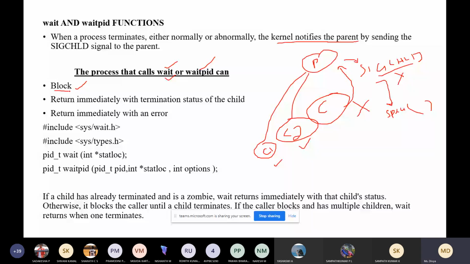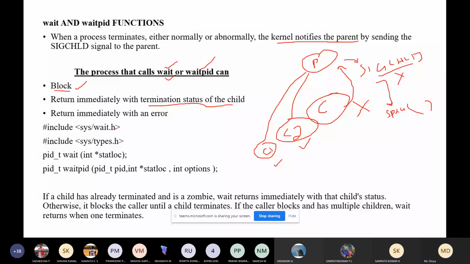One more way is that it returns immediately with the terminating status of the child. When it receives the signal, it can immediately request the terminating status, that is, how the child was terminated.